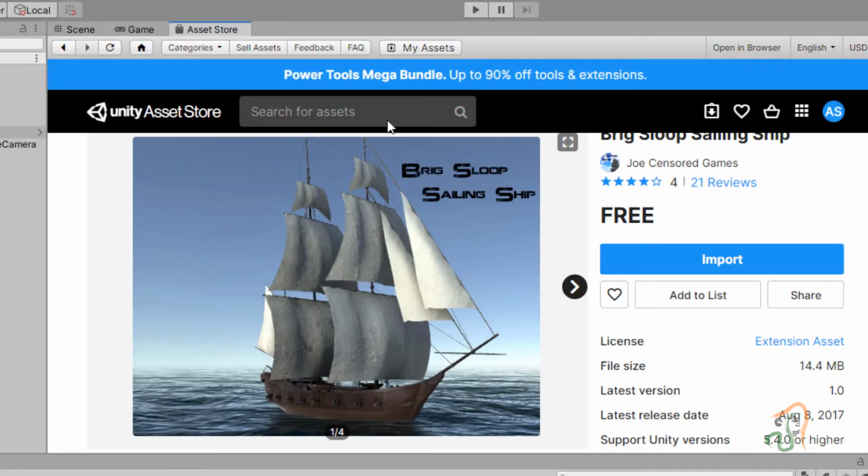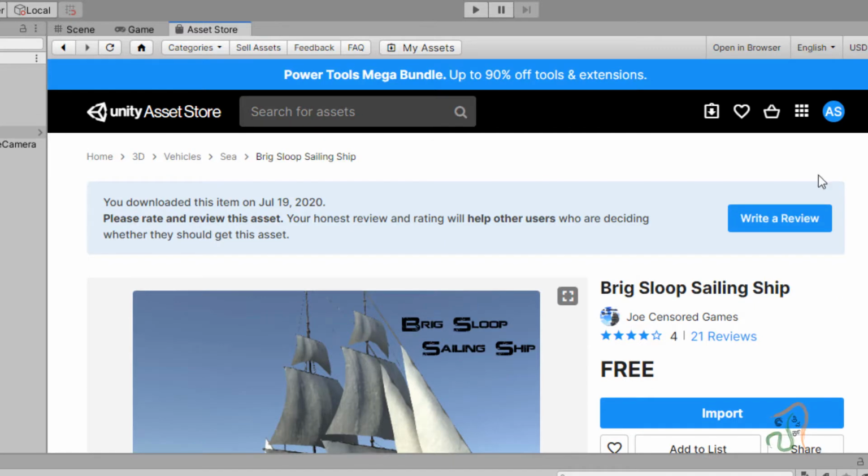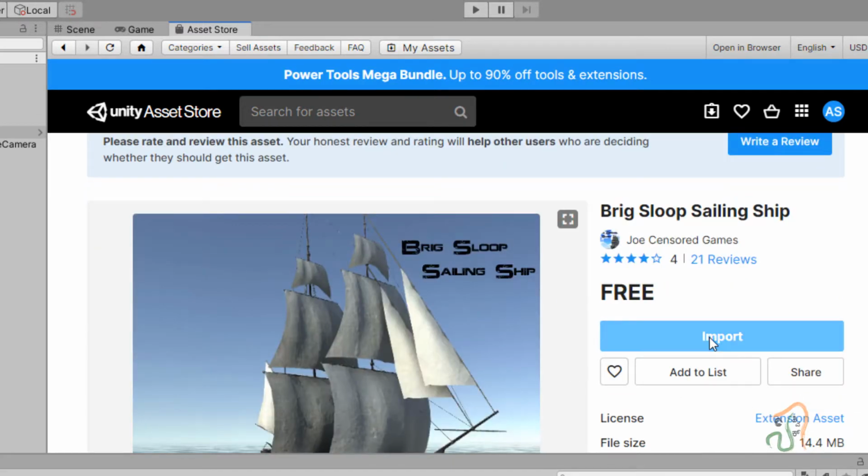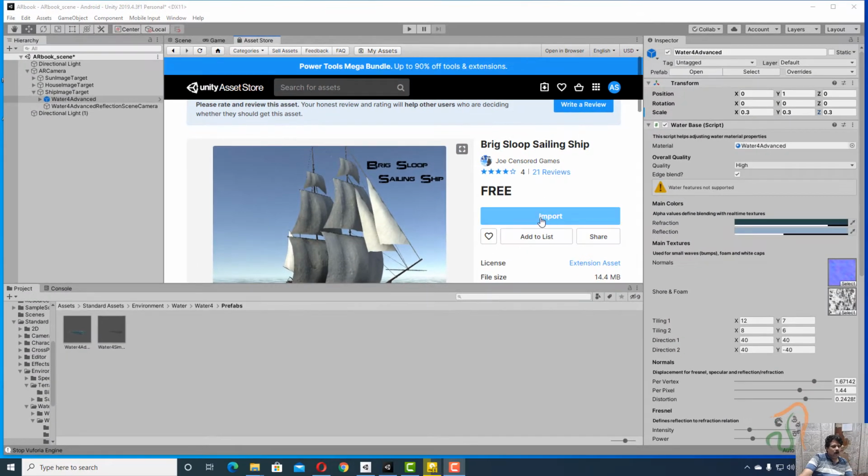You can actually search and open every model and see the size. You have another fishing boat whose size is below 1 MB, but that looks very primitive. It's not a good model. Hence either you can use this model, or you can use that primitive ship model, which is just around 140 kilobytes. Right now let us use this, and in this case, if you have your account, this will be added into your account. But right now what we want is this ship.